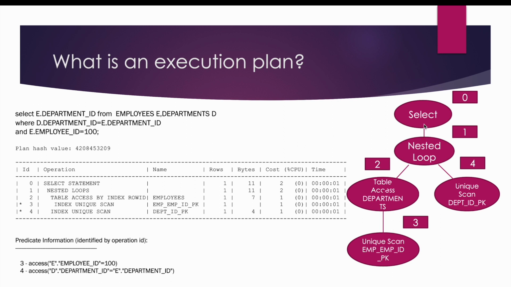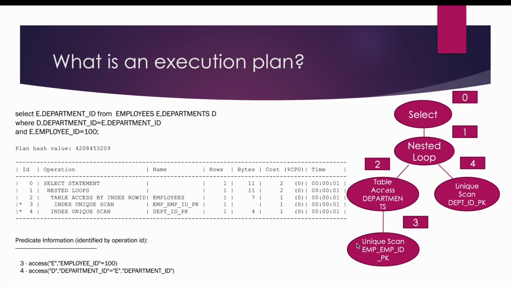Now, in order to read this parent-child relationship tree to identify which operation will execute first, you have to look at the tree from bottom to top and left to right. If you see from bottom to top, operation number 3 is at the bottommost. And if you see from left to right, operation number 3 matches the criteria. So looking from bottom to top and left to right, operation number 3 qualifies as the first operation